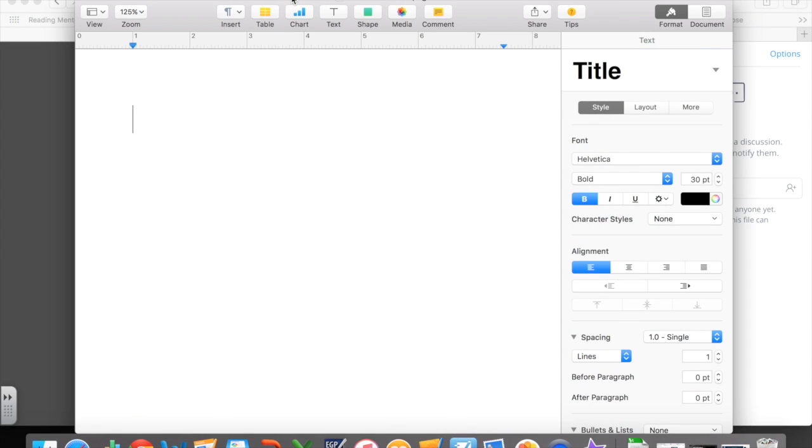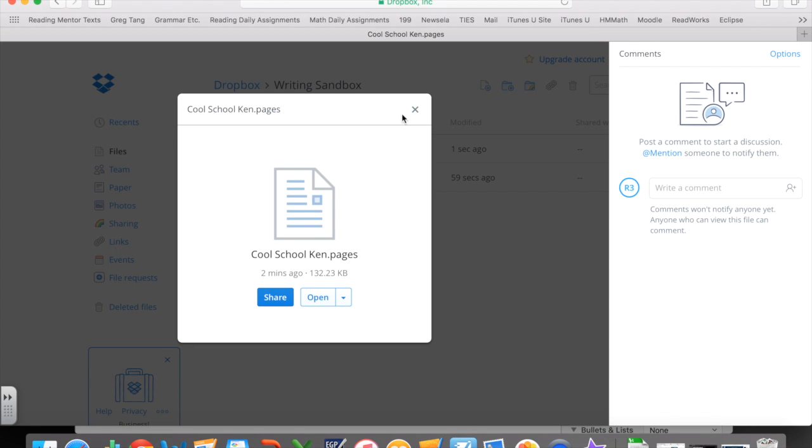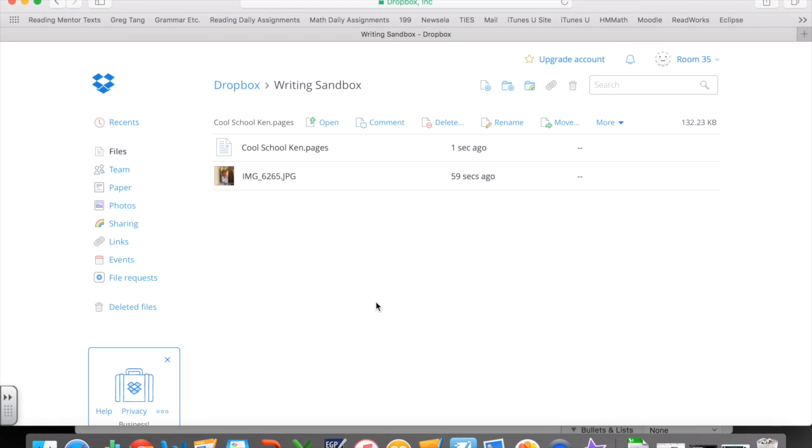This section of the movie is going to describe how to put your book cover image, because no book is complete without a cover, into your file. So I've created an image and it is currently in the Writing Sandbox folder. And here you can see my image. So if I click on it